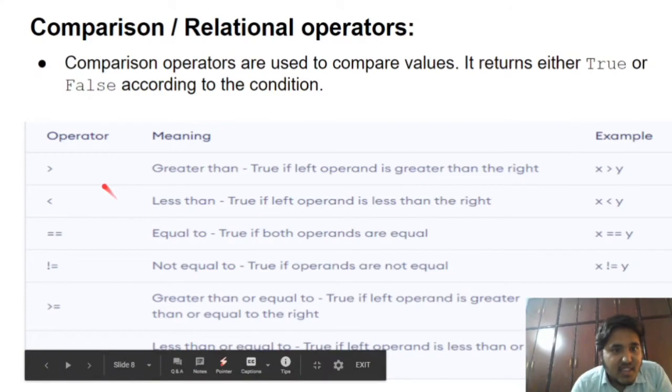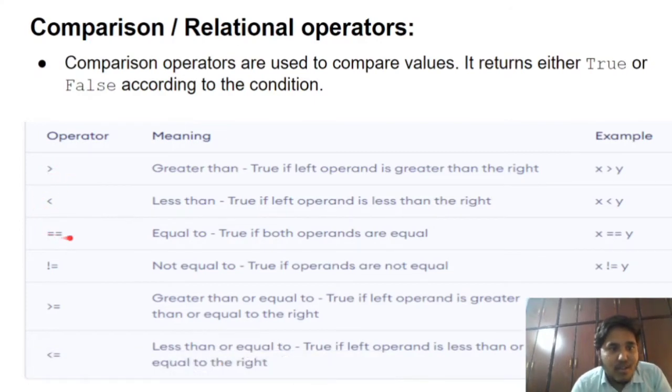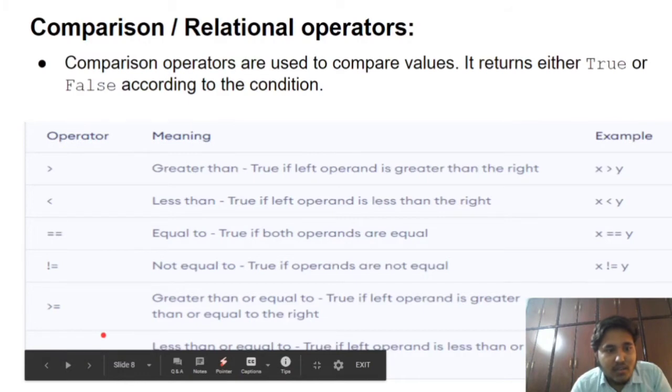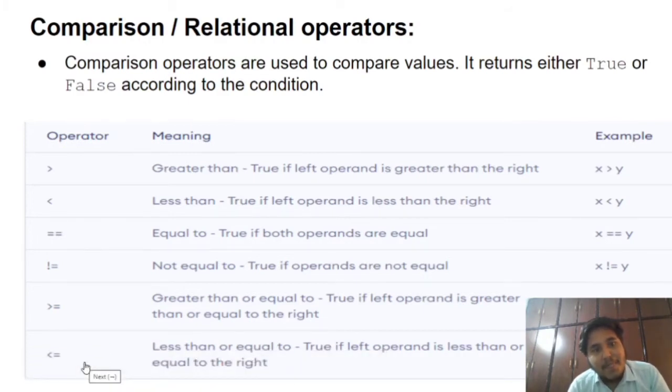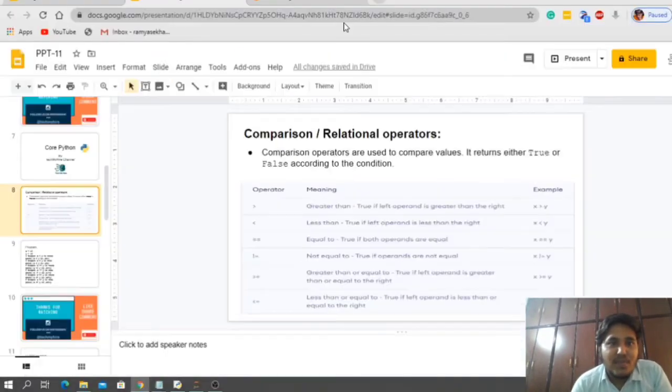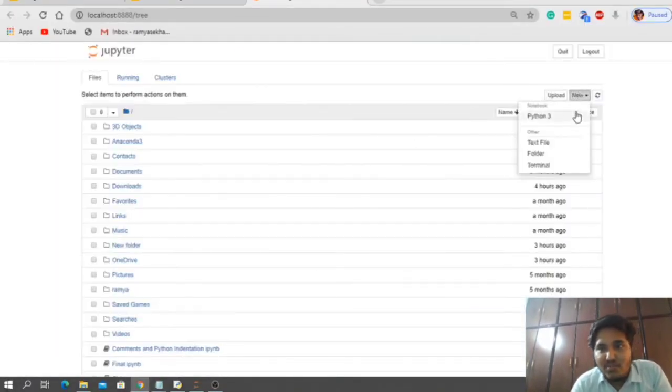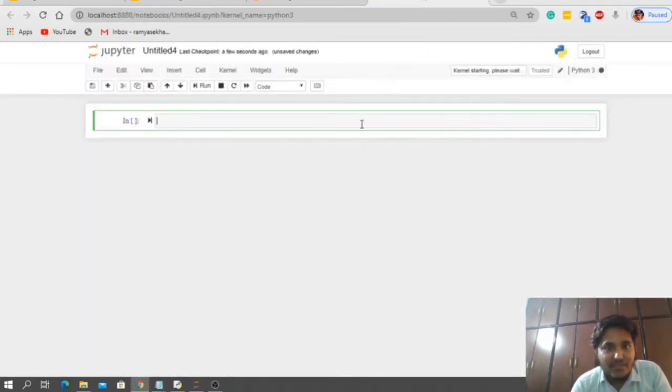See here guys, there is greater than, less than, equal to, not equal to, greater than or equal to, less than or equal to. So let us take two parameters. These two parameters will be compared with these relational operators only. Is this clear? If that condition is true, so if 10 greater than 5, it returns true, and if that condition is false, then automatically it returns false. Now let us do a practical illustration of what we are saying.